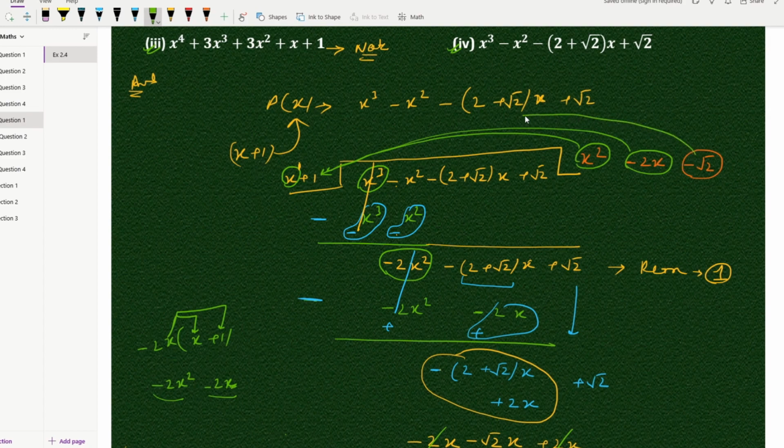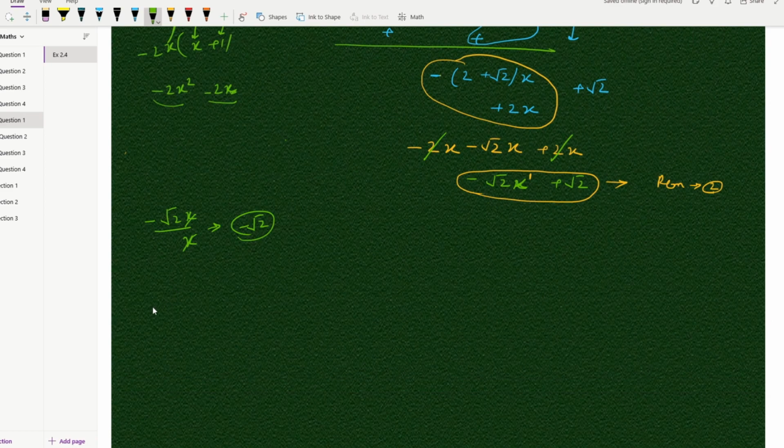Now the next step is you have to multiply this by this term, complete term. So -√2 into x plus 1 हमें करना पड़ेगा। यहाँ पर ऐसे करेंगे, it will be -√2x and it will be -√2। तो ये चीज़ें हमारी यहाँ पर आ जाएंगी। This is the final remainder. This was the remainder, right? ये सब बीच के steps थे। इसके नीचे रख देते हैं। This is -√2x, this is -√2।